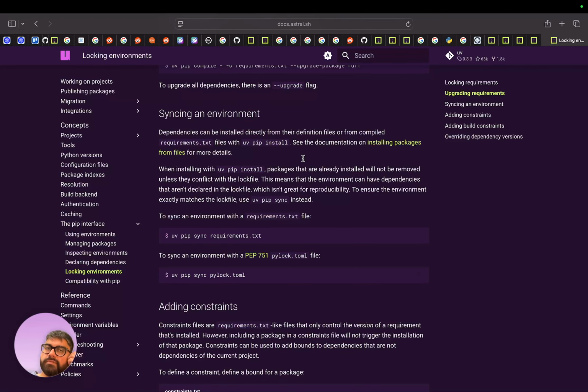Installing with UV pip install, packages that are already installed will not be removed unless they conflict with the lock file. To ensure the environment exactly matches the lock file, use UV pip sync instead. UV pip sync.